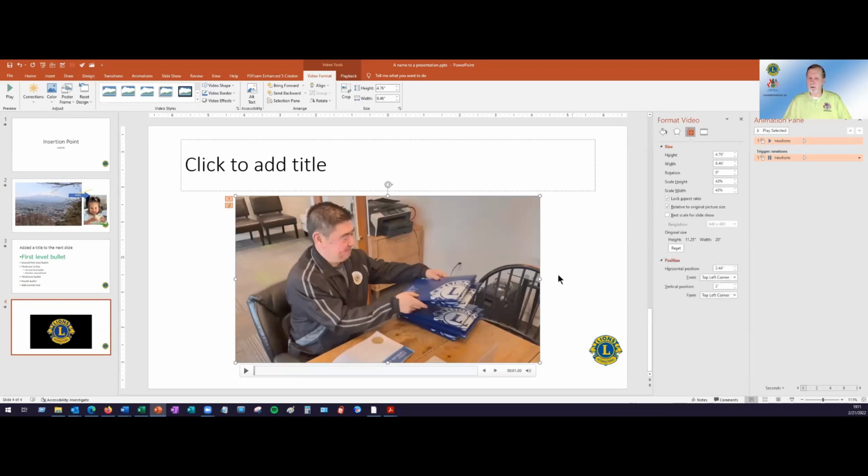Maybe that's not it. Up here in my tab: correction, color, reset design, video shape, border, effects. No, I don't want that. I want this to be maximized when I play this thing.